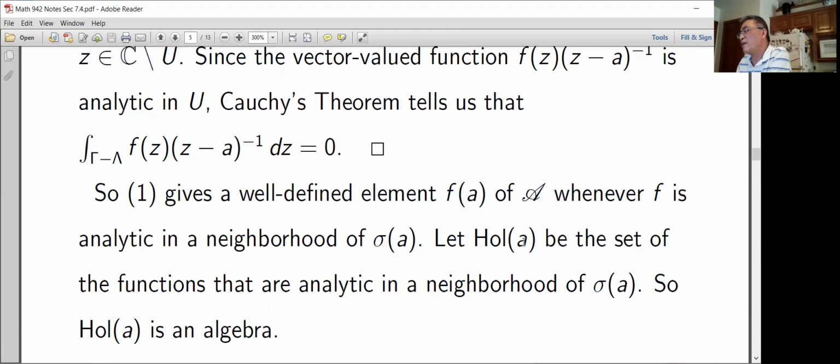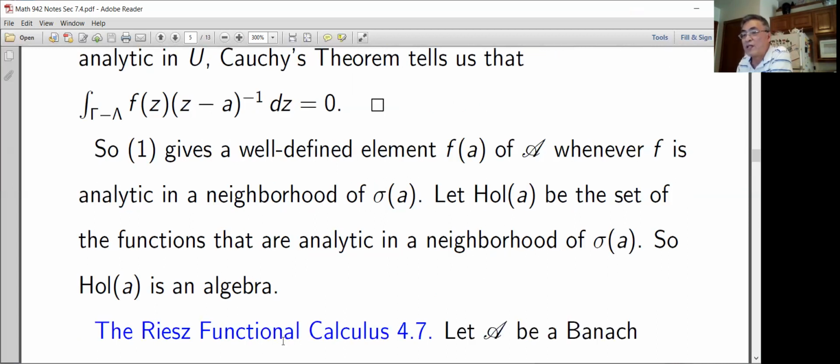Let HOL of A be the set of the functions that are analytic in the neighborhood of sigma A. We use HOL because an analytic function is also called a holomorphic function, so HOL is the first three letters of the word holomorphic. This is an algebra because it has addition, multiplication, and scalar multiplication. So now we have